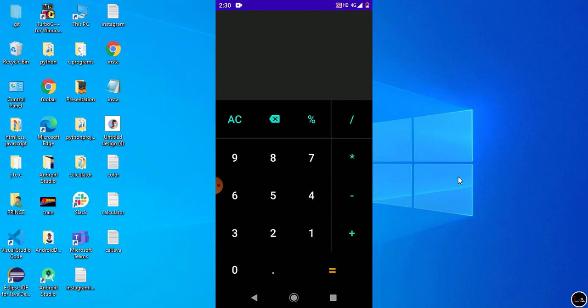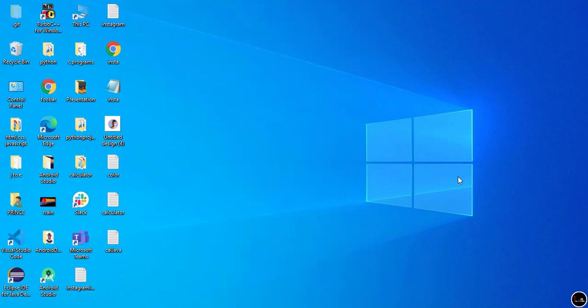So in this part of the video, we create the UI of the calculator. We design the complete UI from scratch to end. And in the next part of the video, we will write the code for our calculator, or we can say write the Java code. So don't delay further. Now let's start the video and see how to make this amazing calculator. So let's start.